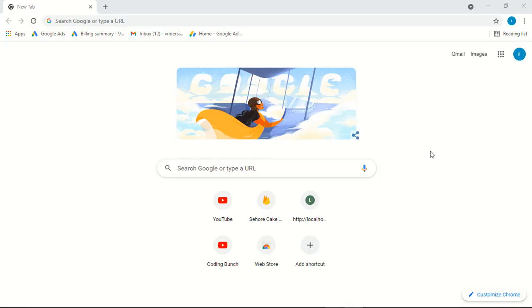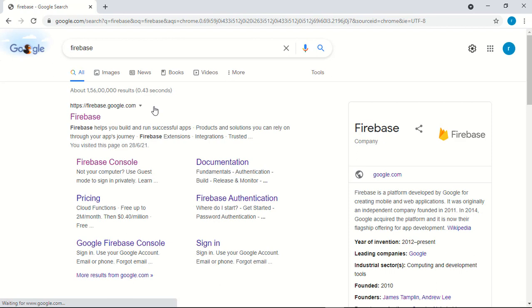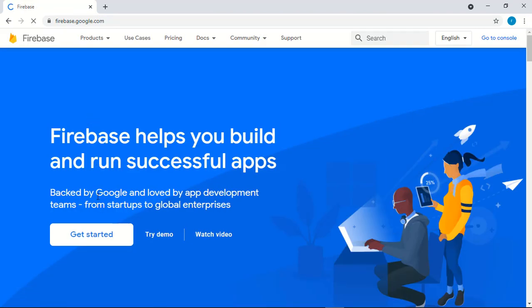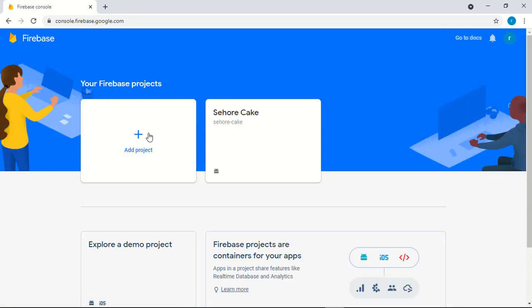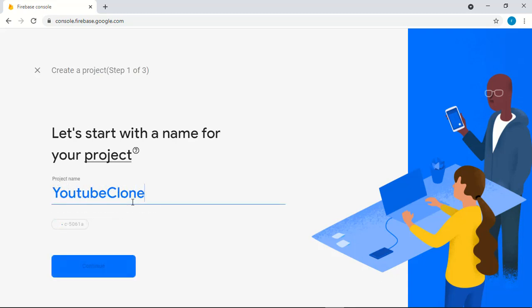Hey everyone, in this video we will connect our Android Studio to Firebase. First of all, type Firebase in your browser, any browser you have, Firefox, Opera or Chrome. Go to Firebase, click Get Started, and here you have to add a project. Click on add, and give a name to your project. I will give the name YouTube clone